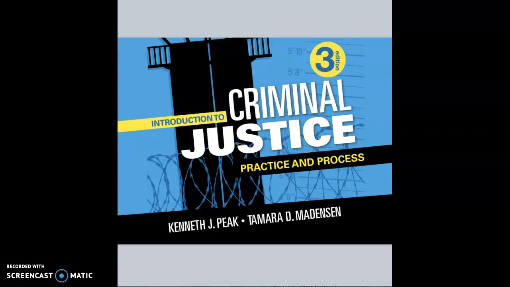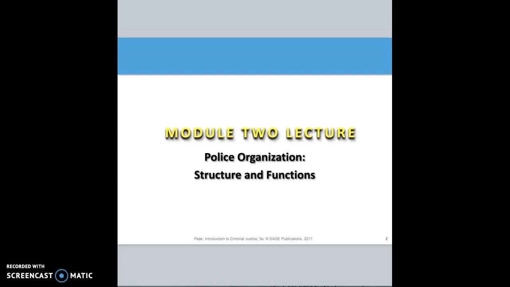Now this week we're going to be talking about a couple different things, and we're going to be focusing on some of the early roots of our law enforcement system here in the United States. Talk a little bit about Peel, Sir Robert Peel, and then I want to spend a little bit more time talking about the rule of law and how it applies in our criminal justice system, because that's going to be an important part of some of your future writing assignments.